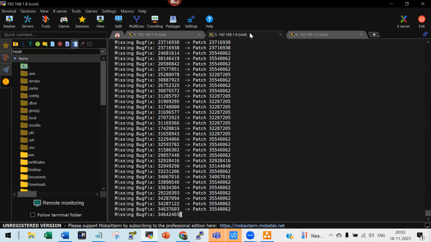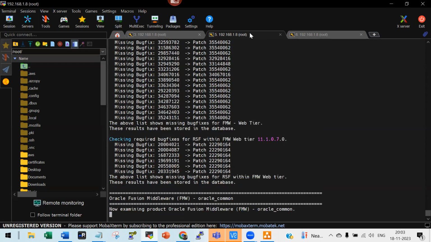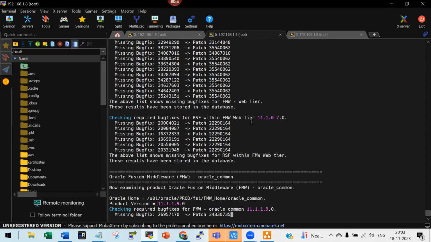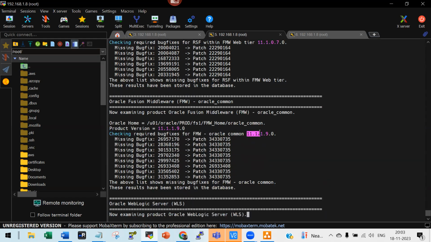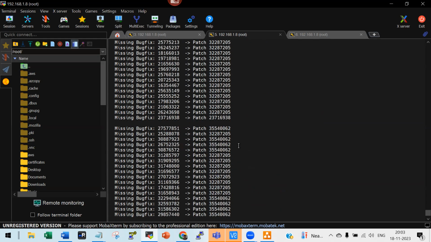Yeah, so these are all the patches. 11.107 we don't need. We need to apply the 11.119 because we are in the higher version. Right? Okay,